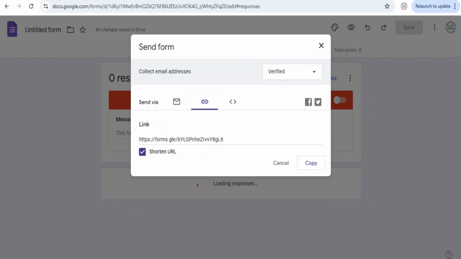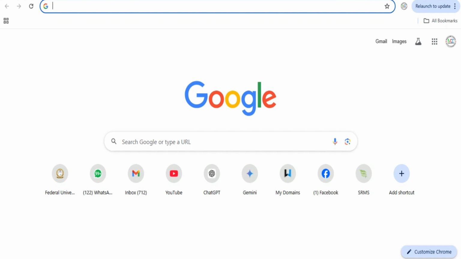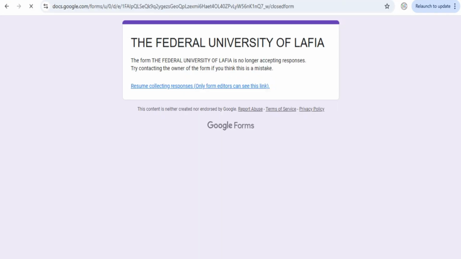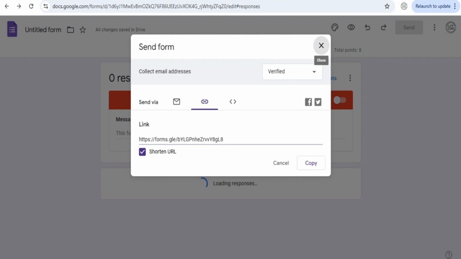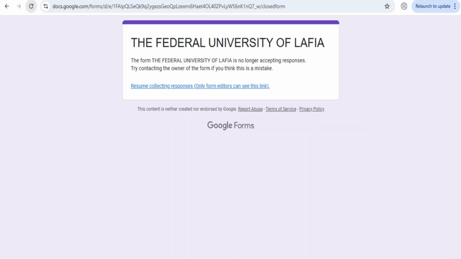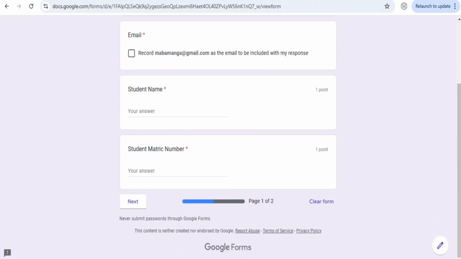So for the purpose of this, I'll go back to my link, click on shorten URL, copy this URL. If you want to send it to any person who is required to submit or attend to this link, you can do it here. For this purpose, you've seen we have pasted it here, click, and it is not accepting any responses from respondents. So you are required to go back to the admin, go to settings under responses, and let your accepting responses turn blue. So you refresh this and boom, this is what you have, meaning that your Google form is ready to collect